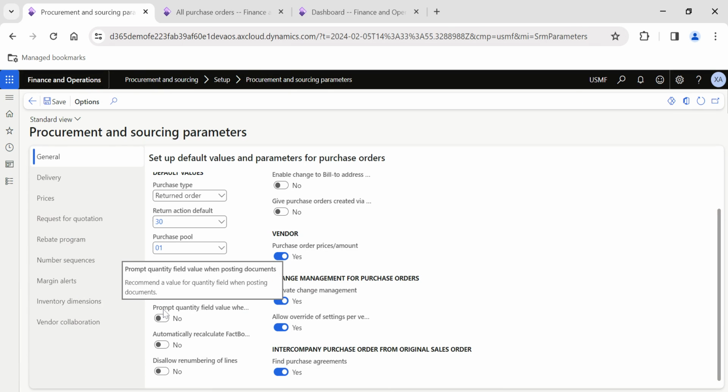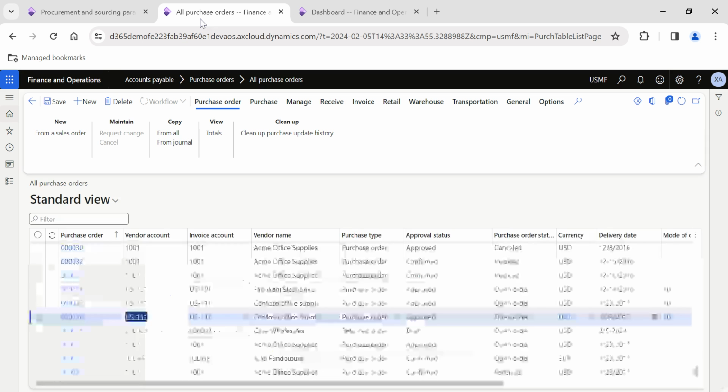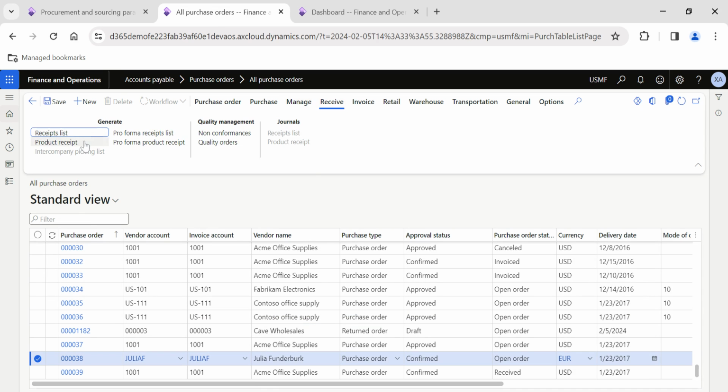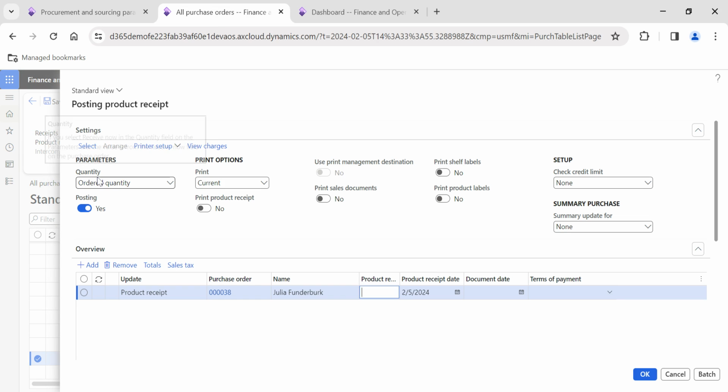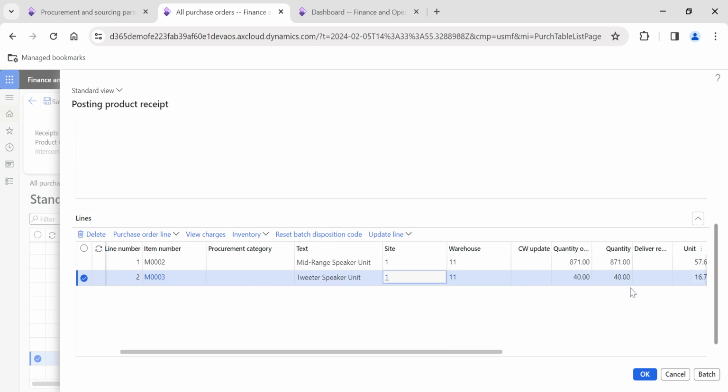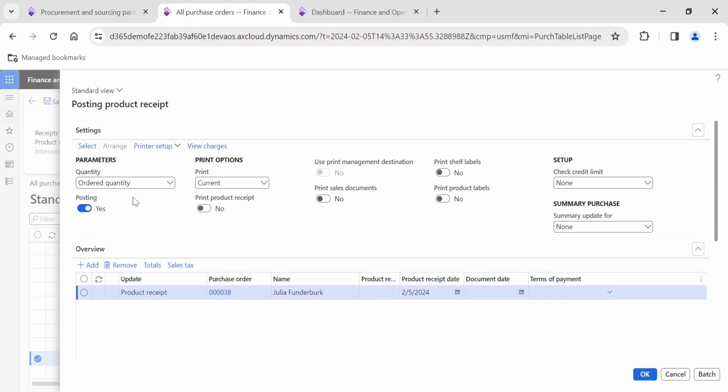The next parameter is to prompt the quantity field. Generally in the purchase orders, I will take any confirmed purchase order. Let's say this is a confirmed purchase order. When we go to product receipt, we have the quantity drop down. The quantity option basically helps us to identify the ordered quantity, receive now or registered quantity. This particular option, available in the product receipt page, helps us identify the quantity with which we want to close the product receipt. So in this case, if we want to always keep the ordered quantity and for some reason some other option has been used, then the system will throw us a prompt saying do you want to change it to